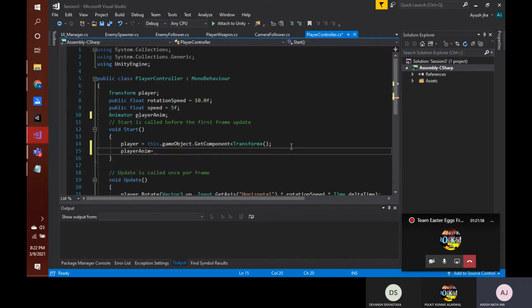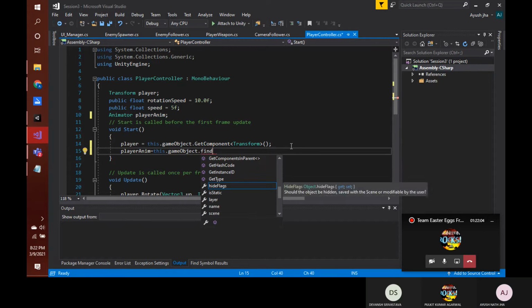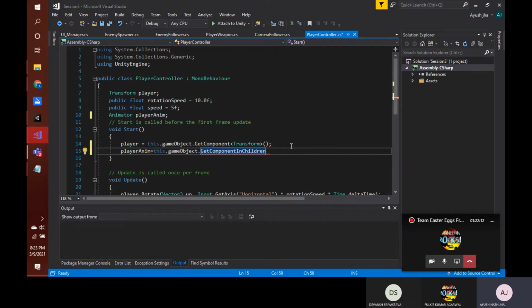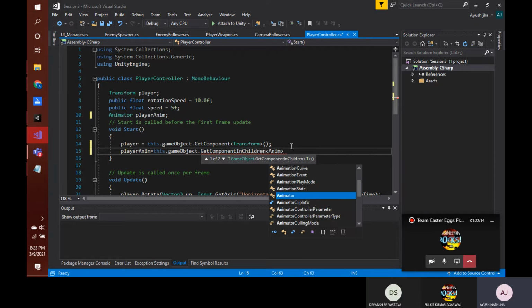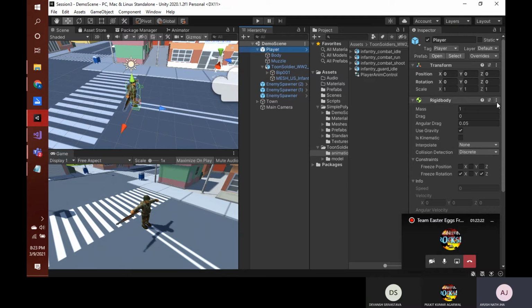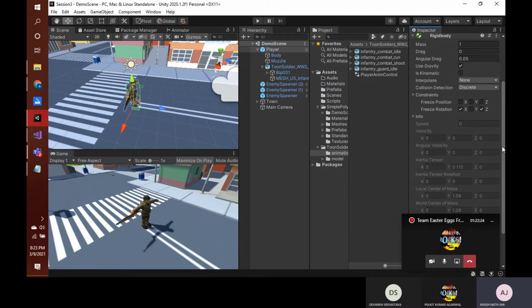So playerAnim is equal to this.gameObject.GetComponentInChildren. Okay, why GetComponentInChildren? First let us complete this. GetComponentInChildren. What type of component? Animator. Now why GetComponentInChildren? Because as you can see, our player script is attached to the parent, that is our player game object.